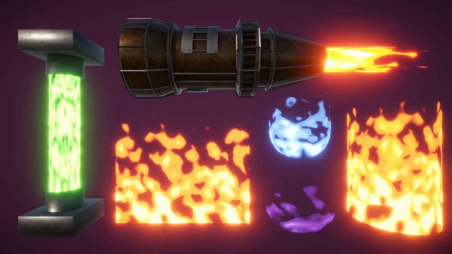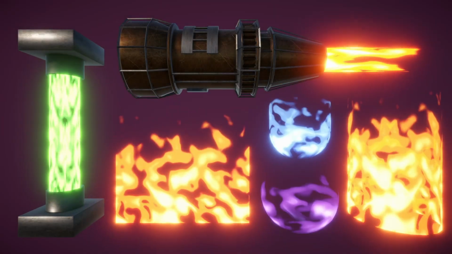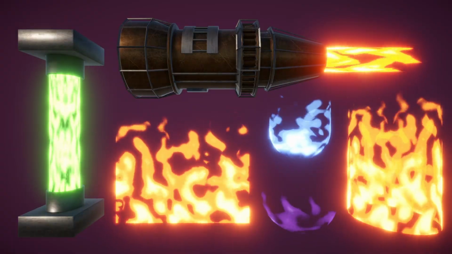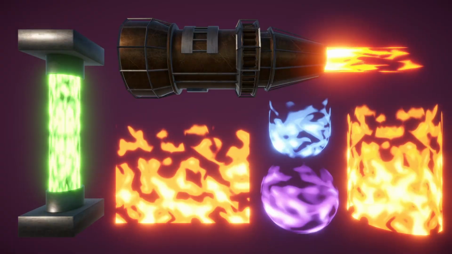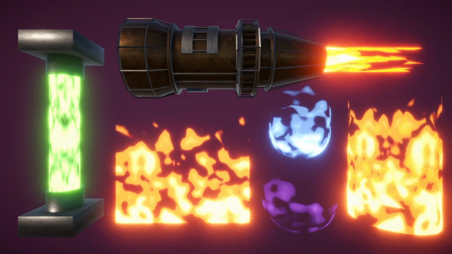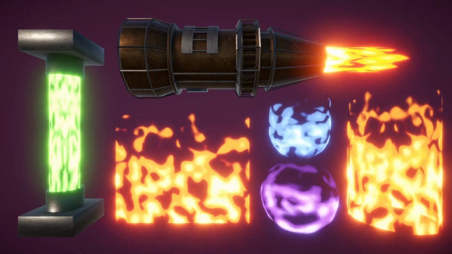Hello and welcome to this video on how to make a flames effect in Unity shader graph. As you can see here, there's loads of uses for this effect, from jet engines to campfires to magical orbs. I'm going to be using Unity version 6.1.5 for this project, but you should be able to follow along in